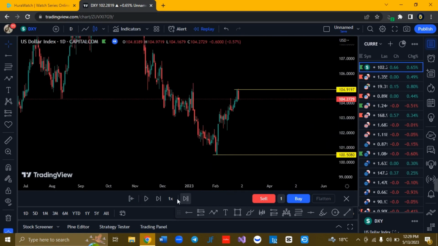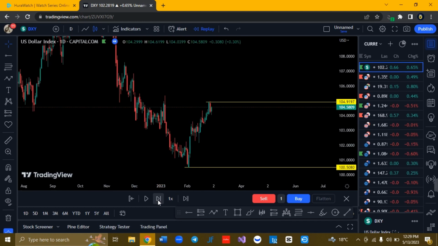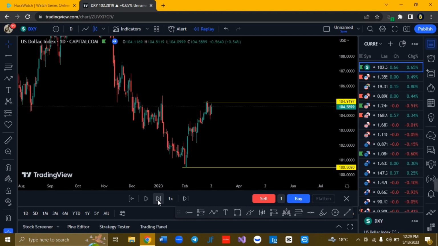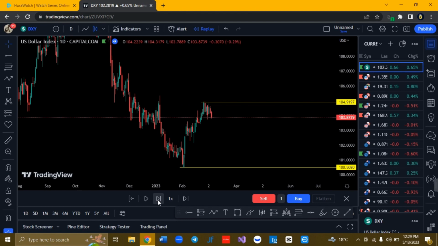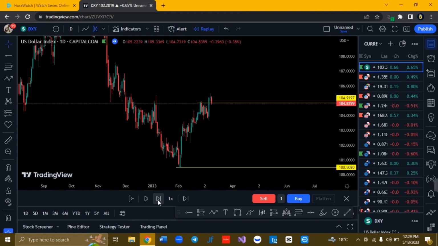So this was the wrong button. That's a fast forward. This is the button that you want to tap, as it will move the price action one candlestick at a time. Okay, so you can see you would tap on like this, and then once whatever conditions you are looking for in your setup are met, you can anticipate your trade